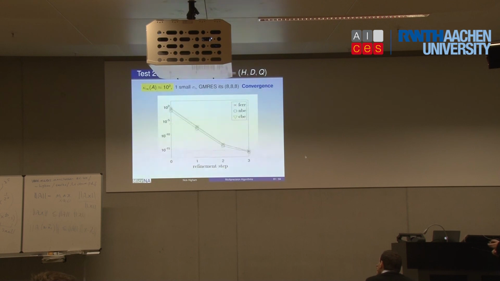Here, what's the difference? I'm now using half precision for the factorization. I've got a pretty well-conditioned matrix. The refinement converges quickly, and GMRES converges quickly. 8 iterations in each case. So this is an example where we can get away with using half precision. So remember, we're factorizing in half, even though the working precision is double. So that potentially gets a factor 4 speedup over a double factorization.